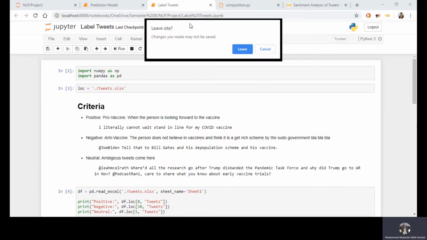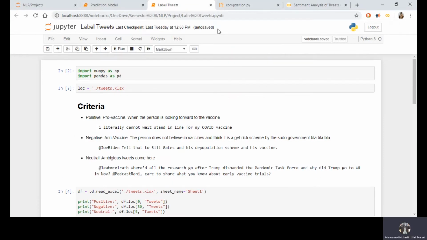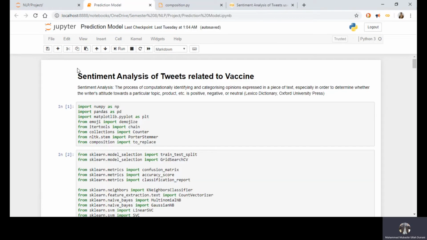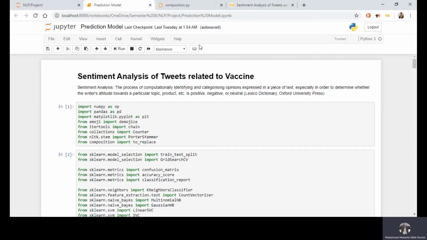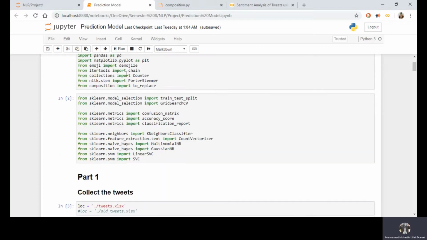We can now move towards the model program, and let's just rerun the whole thing, because I've labeled one more tweet and I want that to be added to the result. Right, so what do we have here? There are a number of